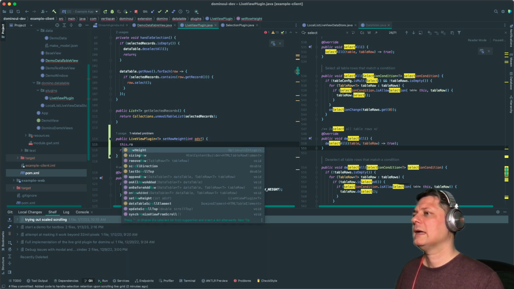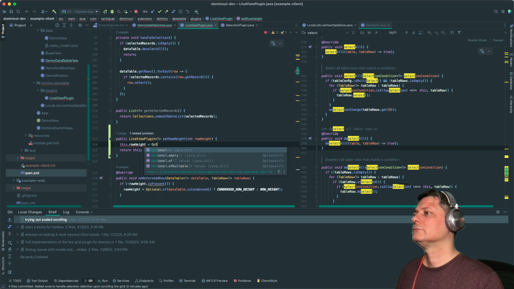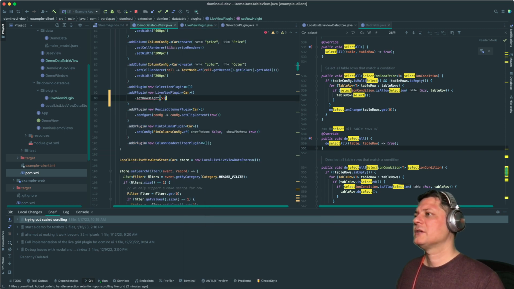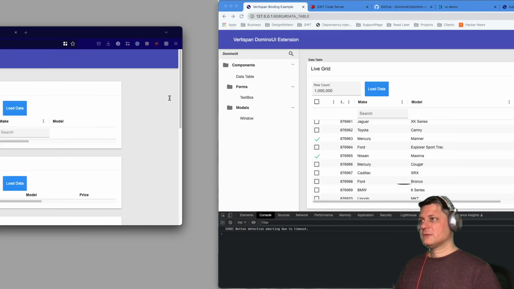This dot row height is an integer. Okay, so it is an integer. All right. So that allows you to set a custom row height, but the problem with that is with the